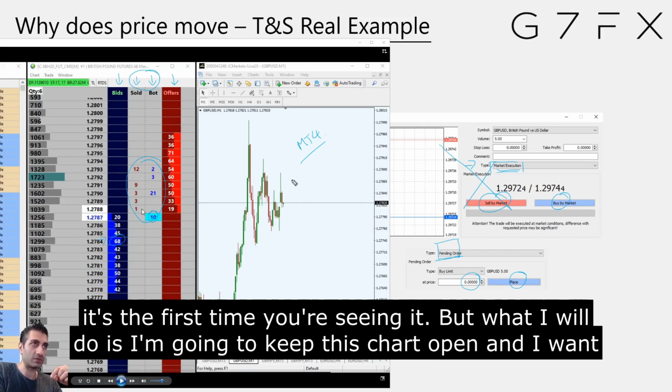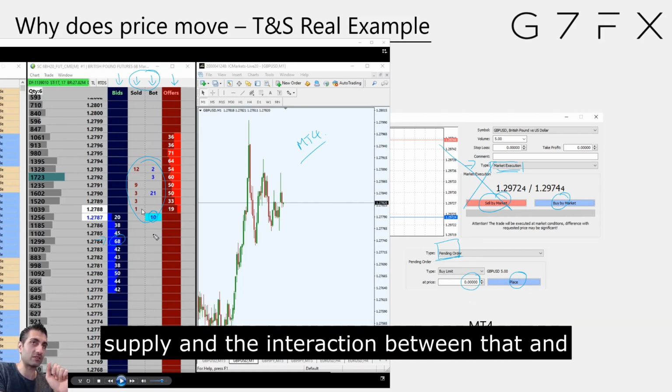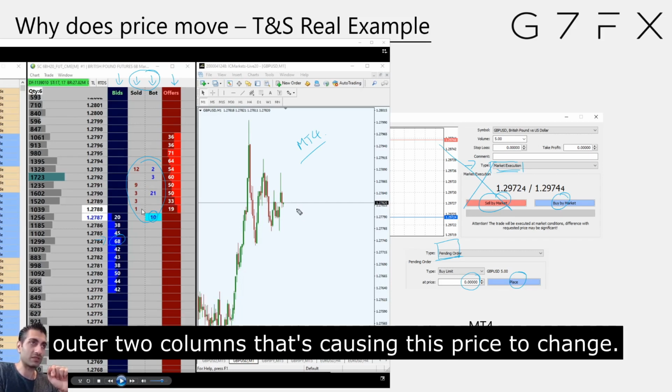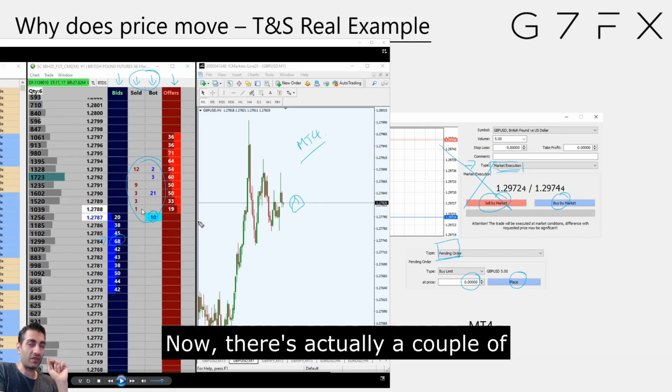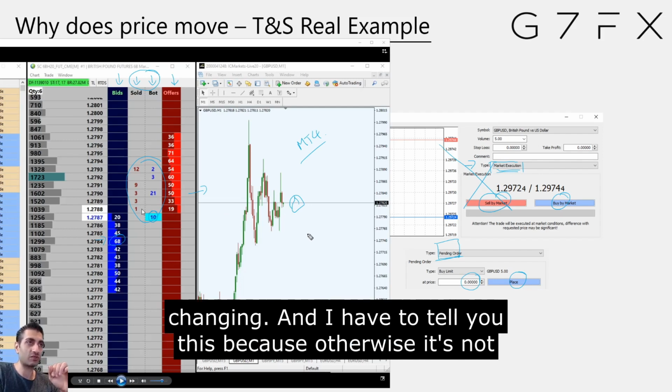But what I will do is keep this chart open, and I want you to see how it's the execution and changes in demand and supply, and the interaction between that and what's going on between the two middle columns and the outer two columns, that's causing this price to change. Now, there are actually a couple of steps in between this price changing and this price changing,